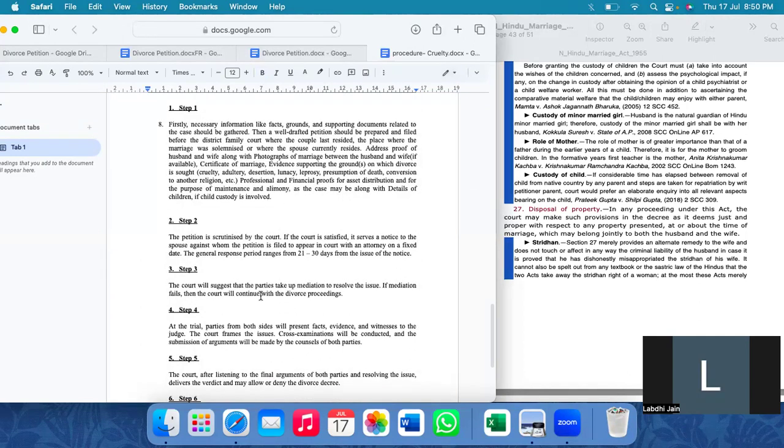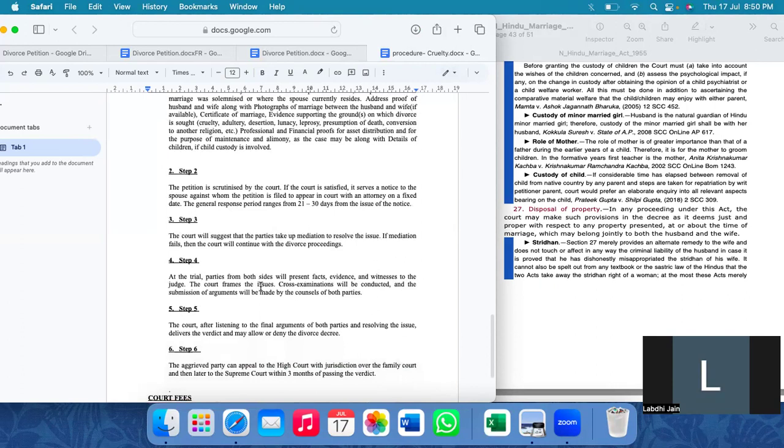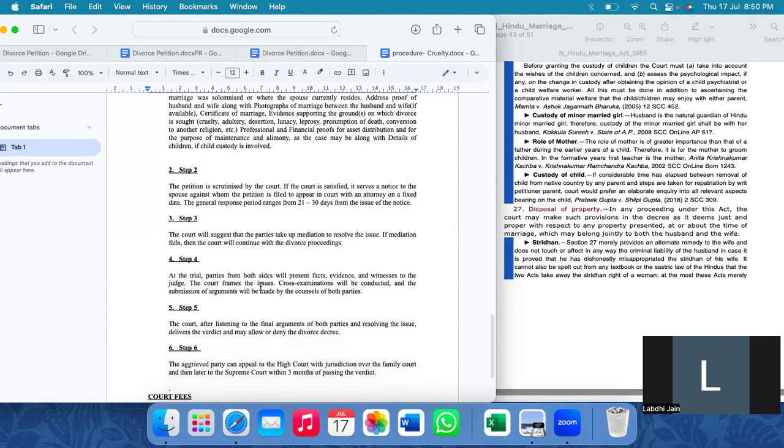So, these are the steps which are mentioned. Now, court will scrutinize your application, your petition, I'm sorry, and notices will be served to you. Now, you can take up mediation to resolve the issue. If mediation fails, then the court will continue with divorce proceedings, wherein both the parties will present their facts, evidence,